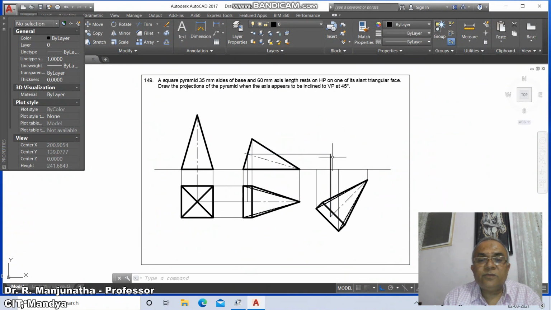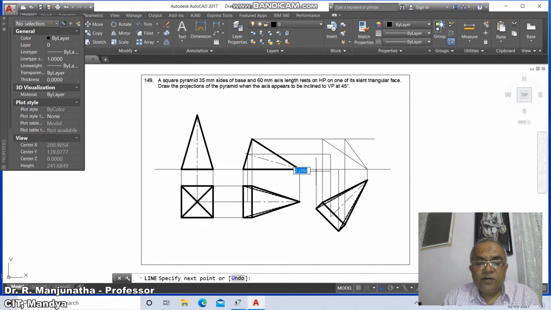then go to fillet between these two, then go to line, int of this and draw a horizontal line, similarly intersection point of this and draw perpendicular to this, then go to line, intersection point of this and draw perpendicular to this, and then say int of this and then int of this, then go to line, intersection point of this and int of this, then go to line, int of this and int of this, then go to line, intersection point of this and intersection point of this, then go to fillet between these two,